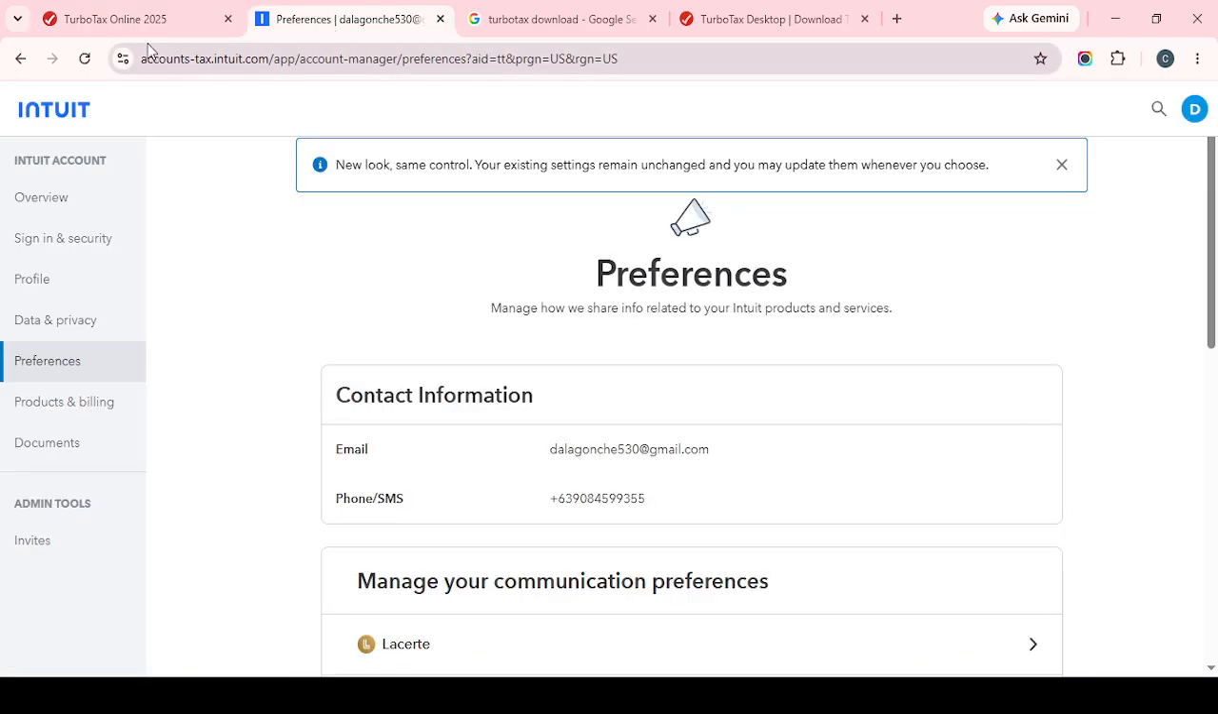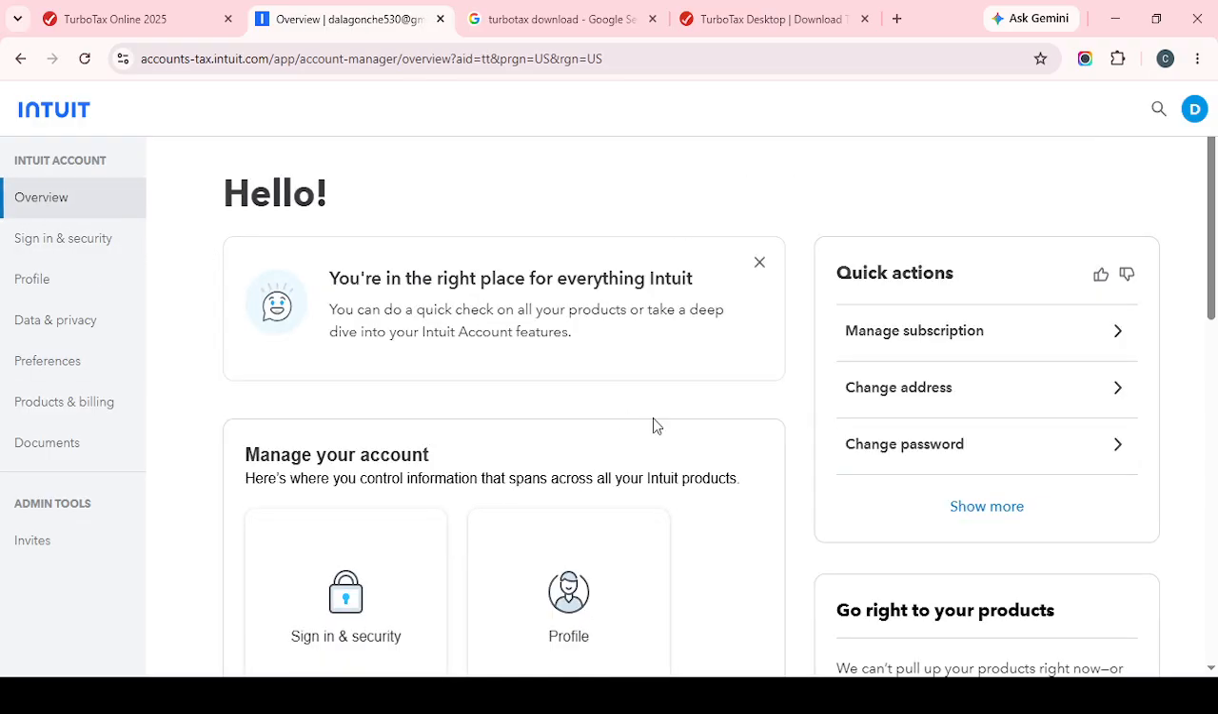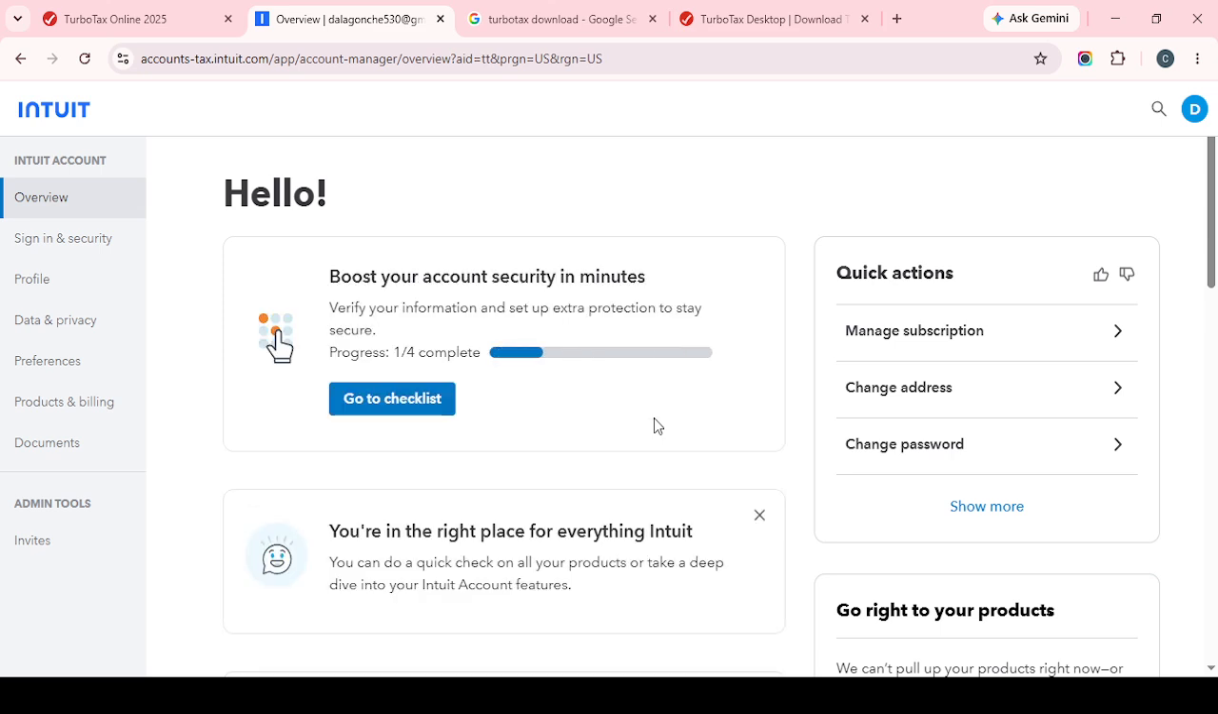Before you begin, make sure you have access to the email you received after your purchase, since that's where your 16-character license code will be provided. It's a good idea to keep that email open or copy the code somewhere secure so you can enter it